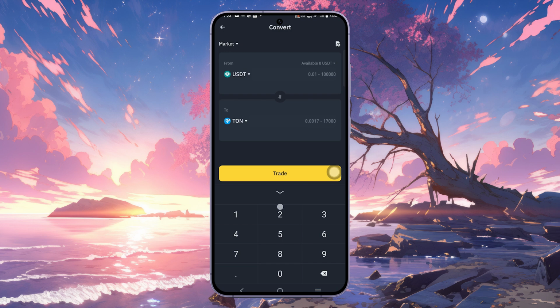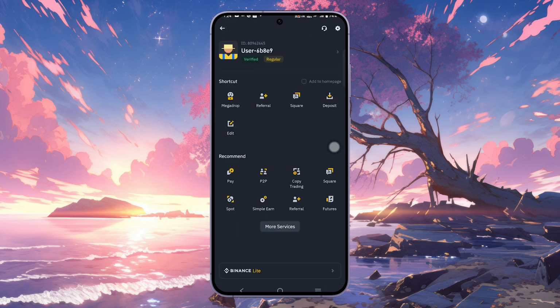Just for a video, I'm pressing 250, and this will show you the exact amount of TON you are getting against $250. This is right now live market, so you will find this fluctuating, right? And now after putting the amount you want to convert to TON, just press this trade option, and then after some steps you will be able to convert USDT to TON, and you will find your